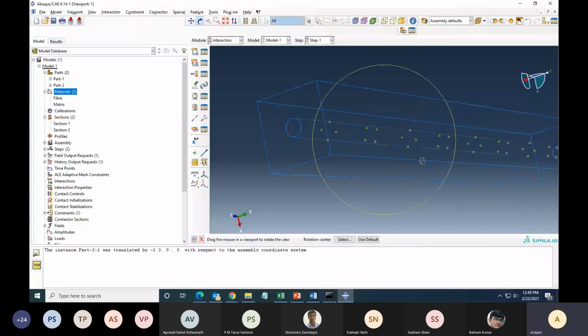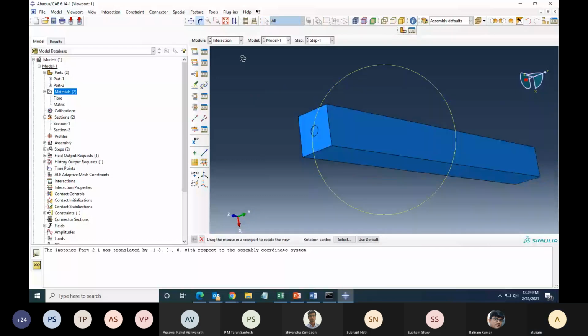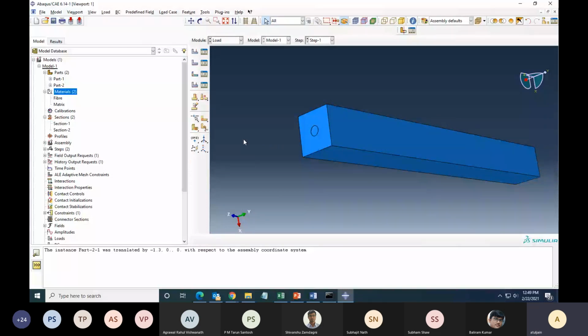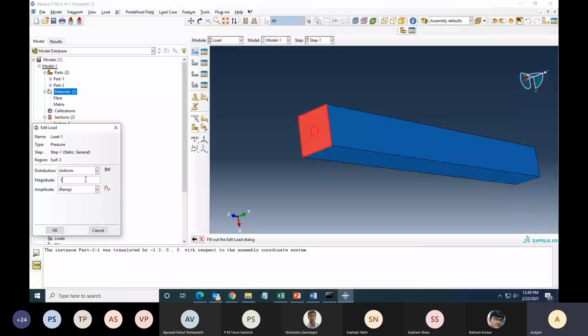Okay. Now let us apply the load. Load can be of two types. According to Abaqus, boundary condition is also load, and like you imagine traction is also load. Okay. So there are many options. Let us look at some simple. I want to put pressure. I say continue. I will choose the surface and I will say done. It is asking for magnitude. I am saying -1. This is -1 megapascal because the modulus has been expressed in megapascals.